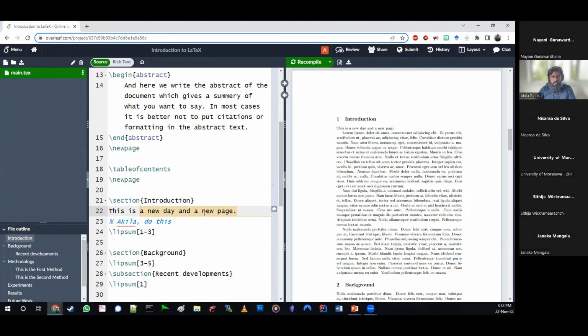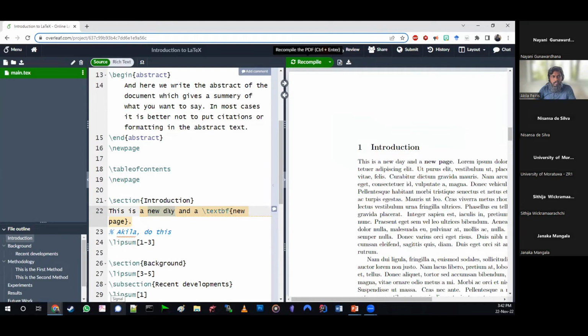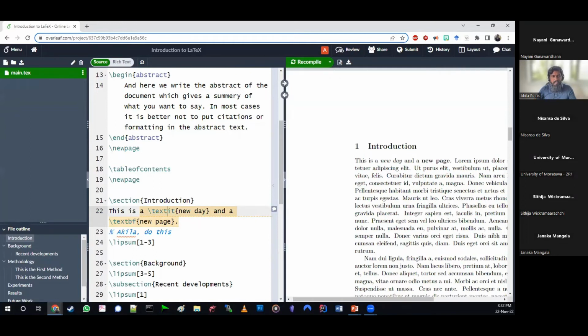All right. As I was promising you, let's bold this. You just say it is going to be boldface, and new page is now bold. Let's say I want to have new day as italic. You just have to say the text is boldface, the text is italic, and you have it italic. Also, you can use Control B and Control I for this. That is honestly what I use. That is how I type everything that fast. Yeah. All right.